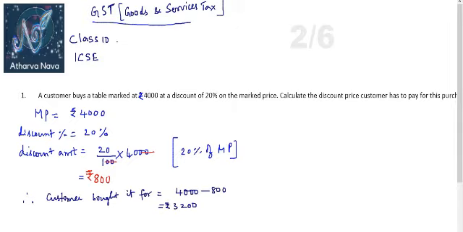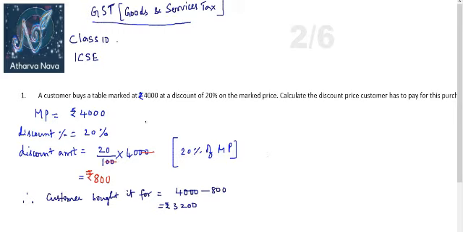This is a very fundamental question, although you might not expect this kind of question in your final exams. This is like a basic for the questions yet to come. Whenever you're given a marked price and there's a discount, you need to reduce that 20% which is applied on MP, reduce that amount, and then further if you have anything to do in the question, you will proceed with it.